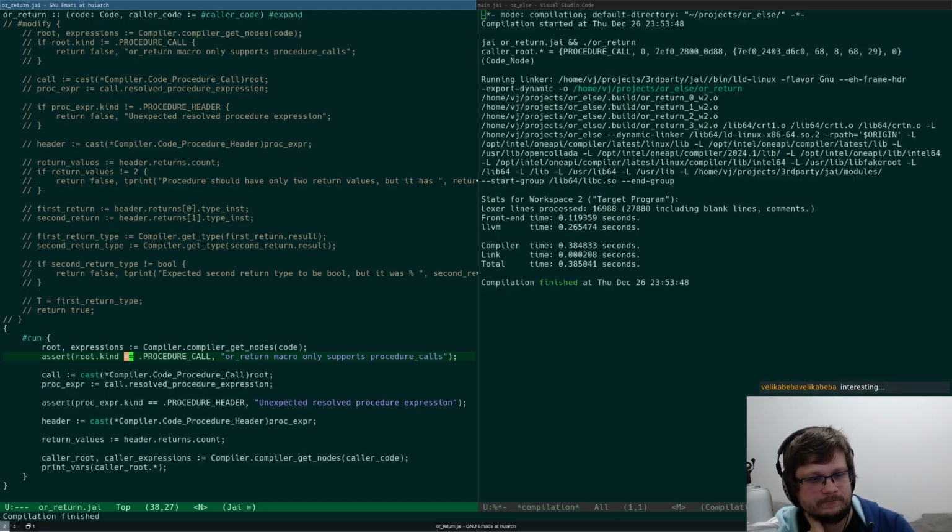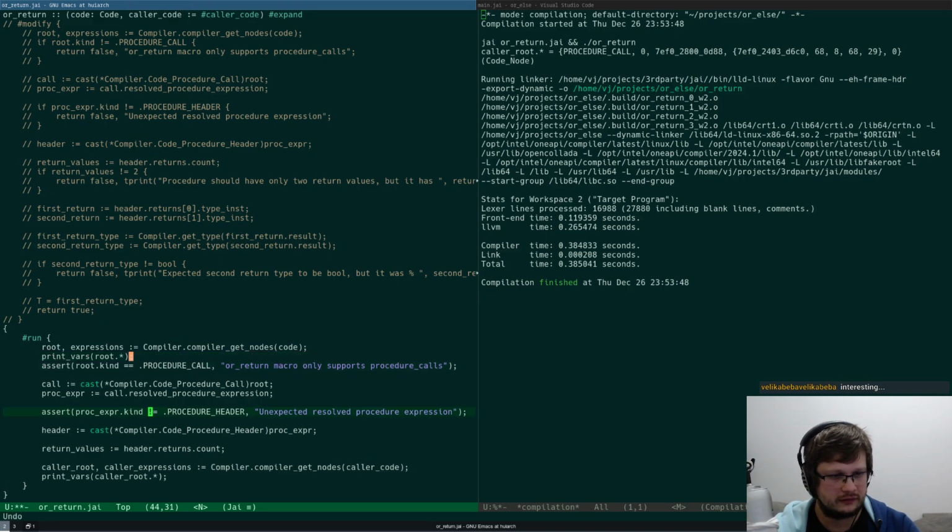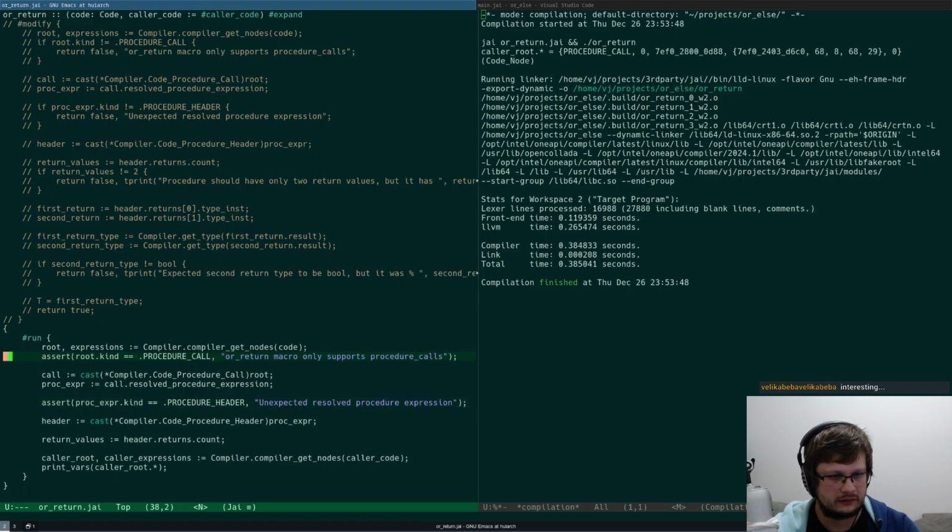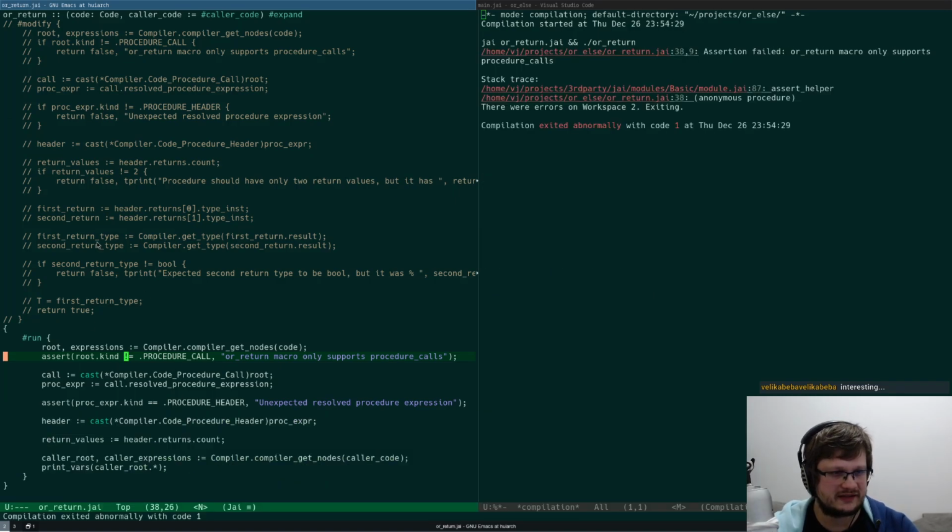Yeah. So again to reiterate, if I pass an incorrect parameter to the macro, I don't see the call side, right?